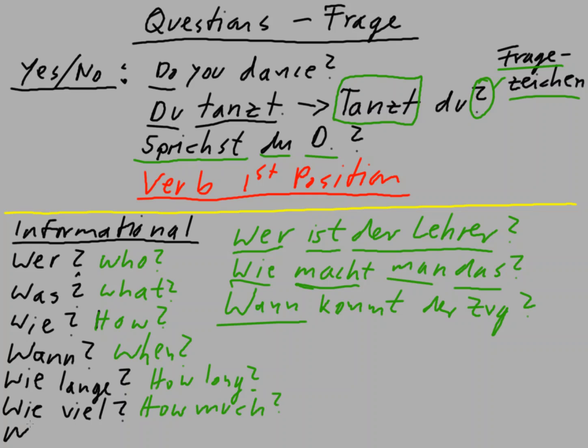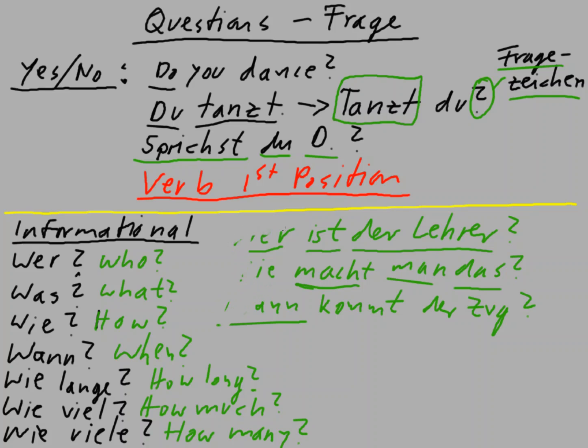But then we also have wie viele. That is how many. Okay, so wie viel Milch ist das? How much milk is that? But wie viele Äpfel hast du? How many apples do you have? Okay,